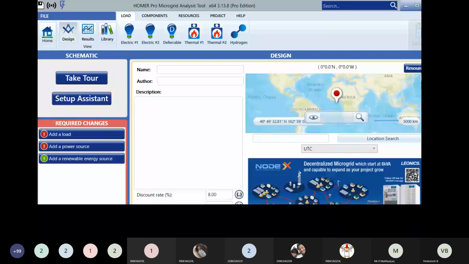I have an option like add converter. Converter. See, Homer's closing button is there, correct? X button. Yes, sir. Down. Calculate. Click on that.